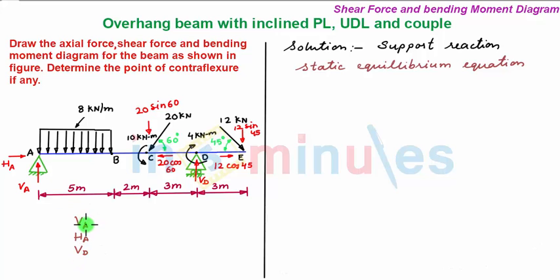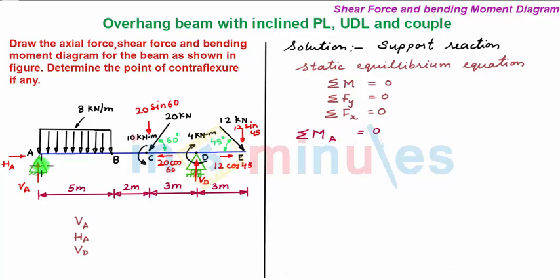the unknowns completely. So the static equilibrium equation which will be used is summation of all moment about any point is equal to 0. Then summation of all the vertical forces will be equal to 0. And summation of all horizontal forces will be equal to 0. We now take the first static equilibrium equation into consideration, that is summation of moment about any point equal to 0, and let that point be point A. This is equal to 0.